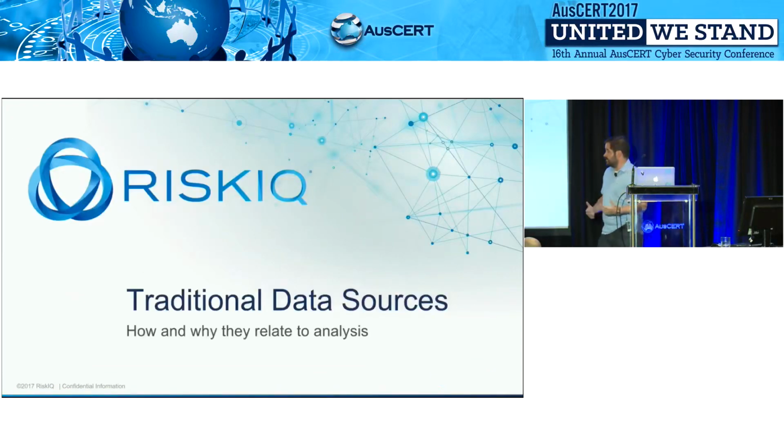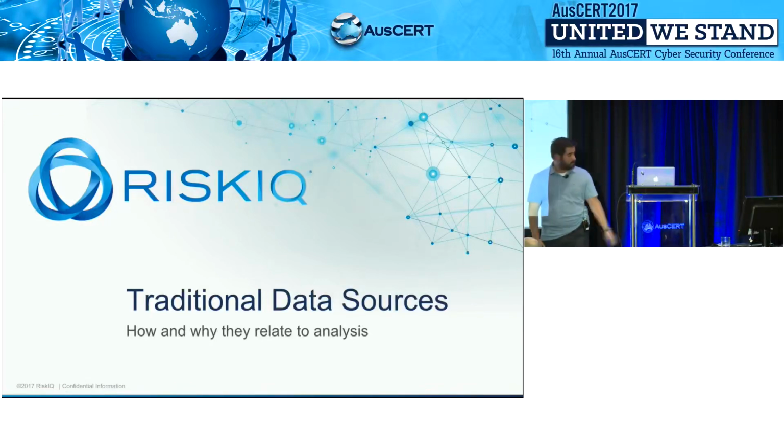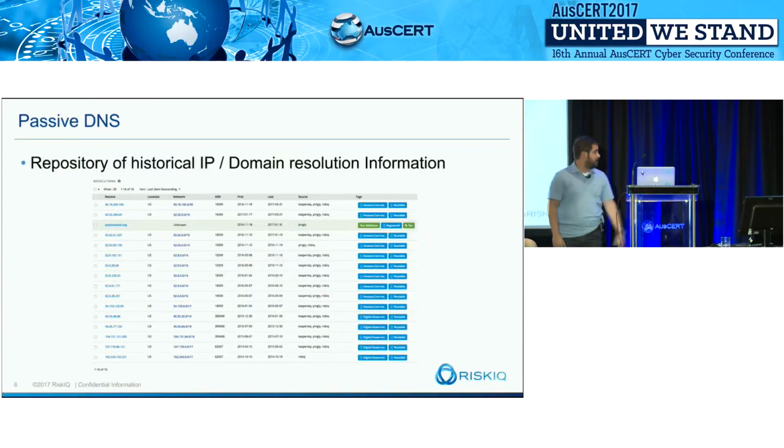So what data do we use to do this process? We break this out into two areas: traditional data sets, tried and true methodologies, and web crawling data. The traditional data sets would be passive DNS. You have an attack in your organization, and you want to understand what is related to this command and control domain. Who is scanning my infrastructure, and is there some information in there that I can glean during my analysis? Passive DNS is just the phone book and historical record of the internet.